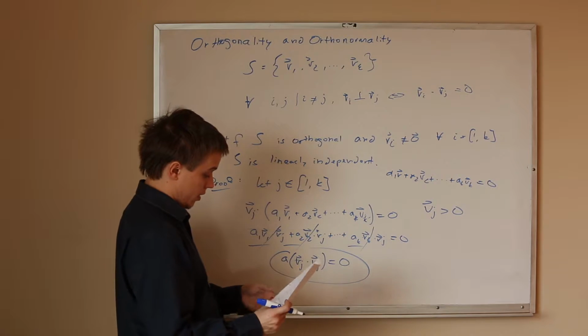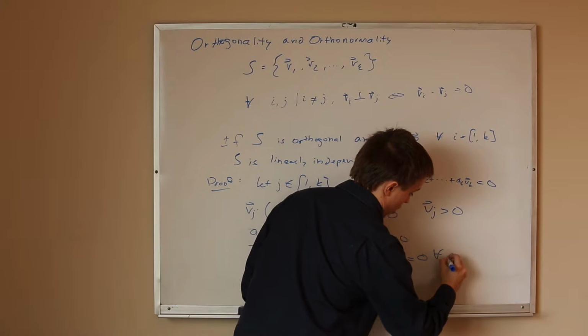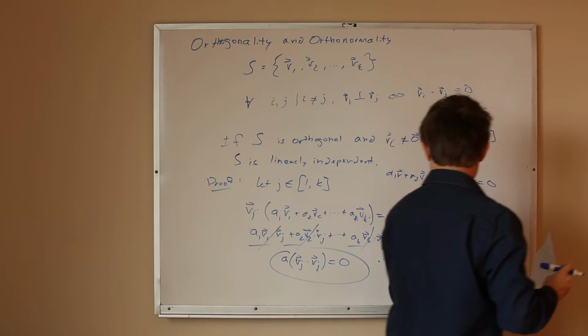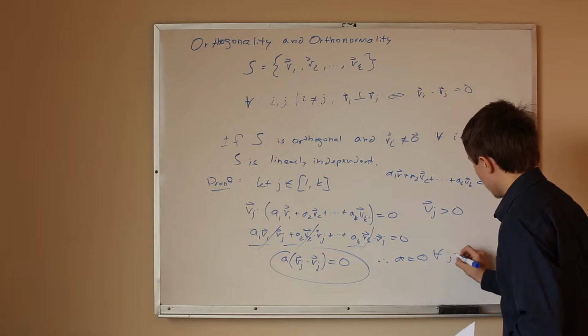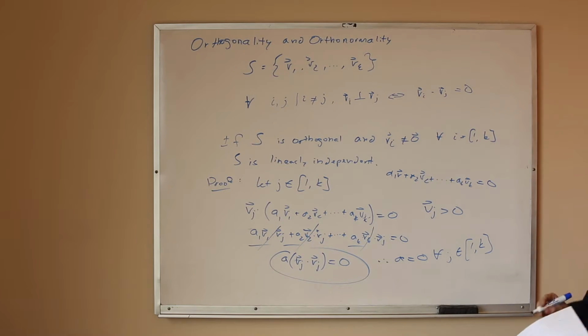So therefore, a_j is equal to 0 for all j in 1 to k inclusive. So again,